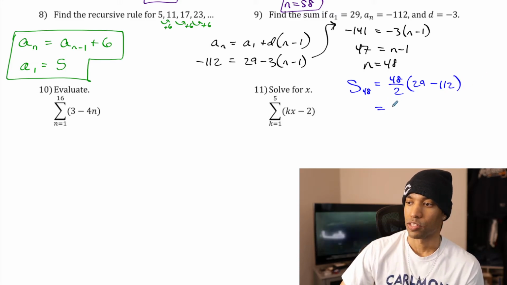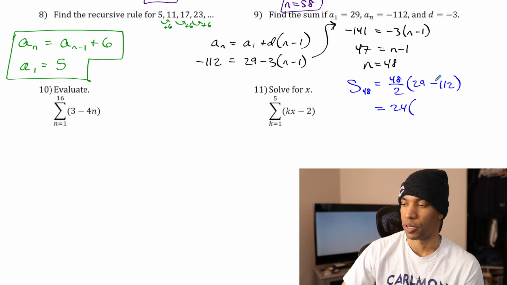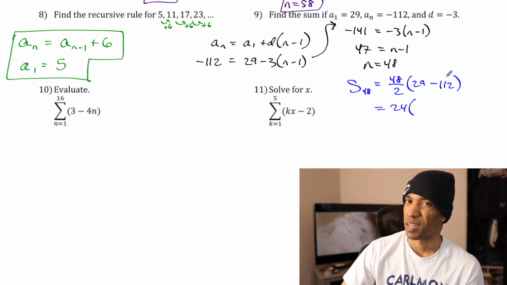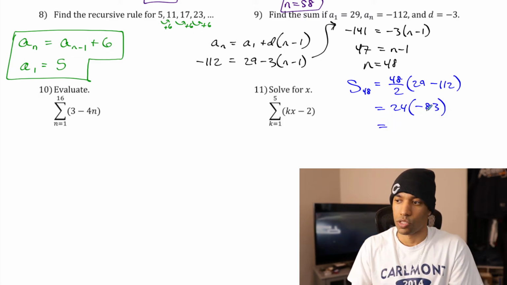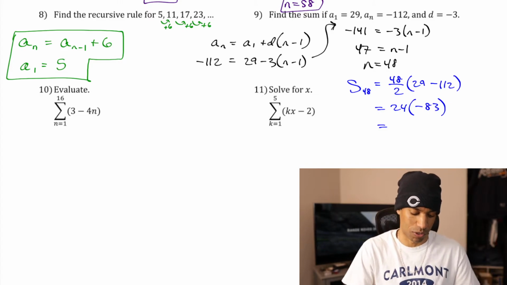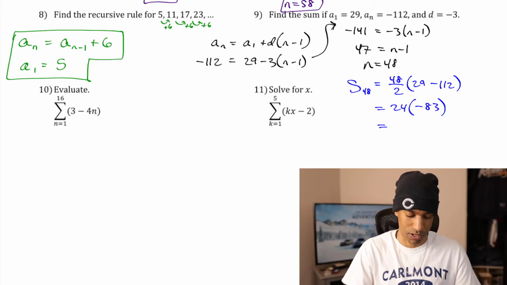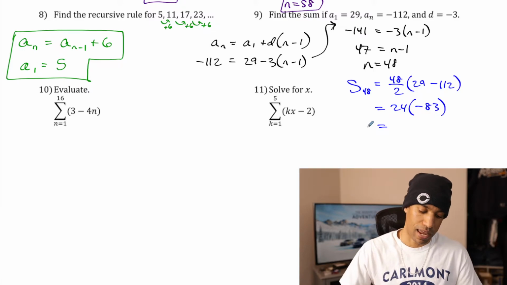Okay? So that's going to be 24 times, not much room here. I'm bad with math now. 103, 83, negative 83. I'm going to let the calculator do that for me. 24 times, make sure 29 minus 112 is negative 83. Yes, it is. Times 24, negative